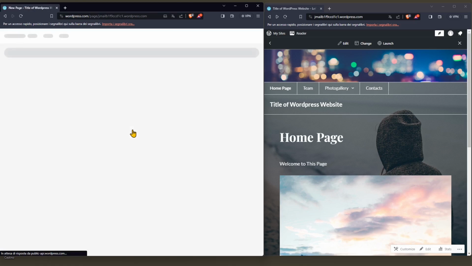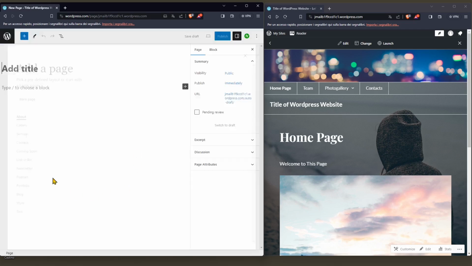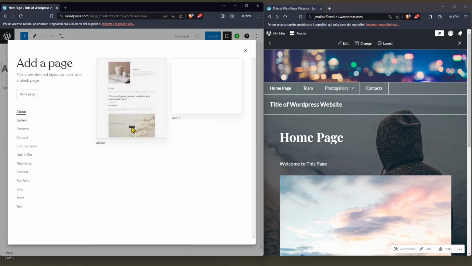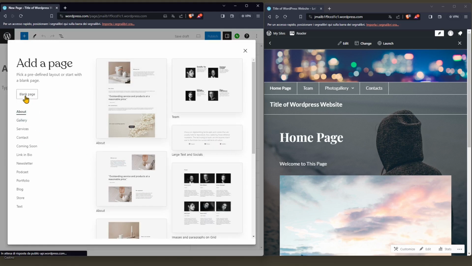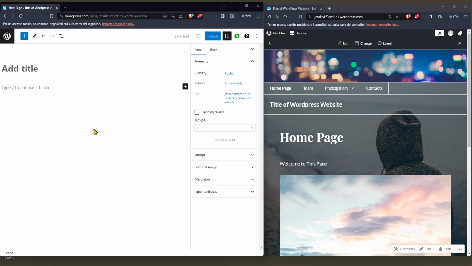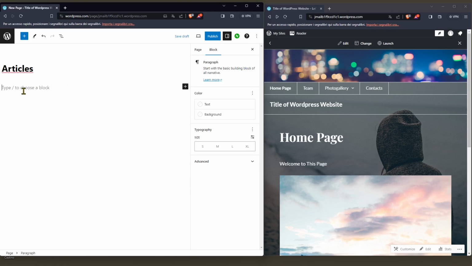And as usual, we're going to have the patterns that we can choose. We're going to have templates we can choose, but right now I want to go for a blank page real quick. And I'm going to call this articles. So this is where we're going to place our articles shortly. I'm just going to leave this empty right now. So if I say publish,